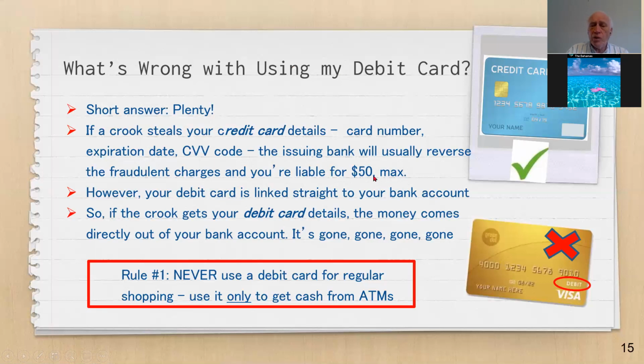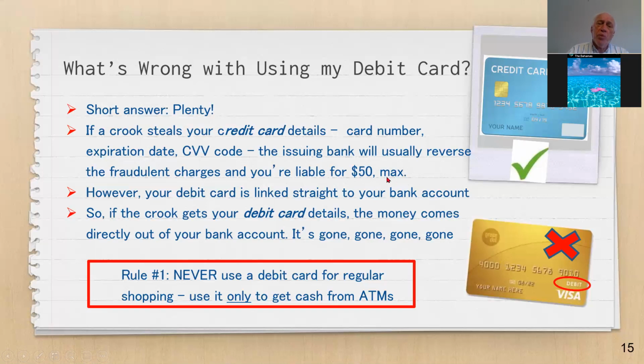So I had an occasion where some guy got hold of my credit card details, how, we don't know. And he was busy buying a TV set in Miami, Florida. And the bank called me and said, are you in Miami? And I said, no. They said, no problem. We've got the transaction. We'll reverse it. You're fine. And the trouble though is with your debit card, in at least one case my debit card information got stolen, you've now got to go to the bank. You've got to get them to issue you with a new debit card. Any accounts you've got linked to it, you've got to change. It's a big mess, right? Credit card is perfect. You're not liable for anything.